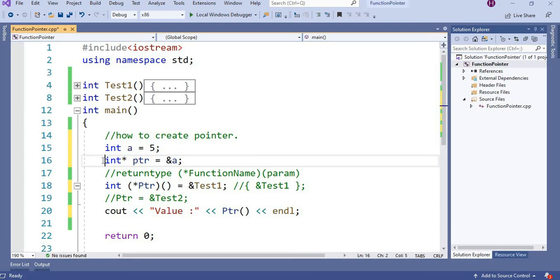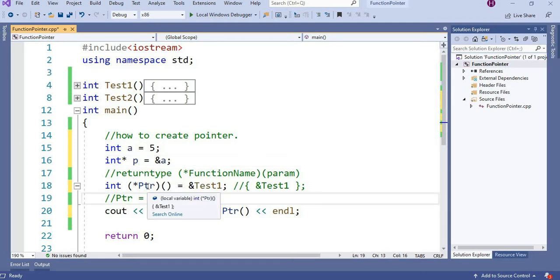Name is ptr and it is pointing to the test1 function. The test1 function has no parameter, so I am not passing any parameter.